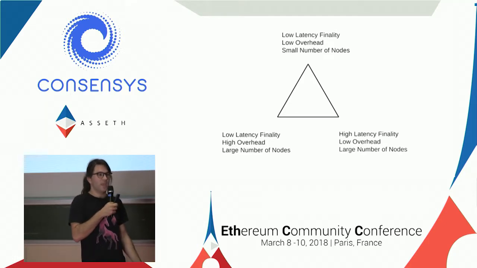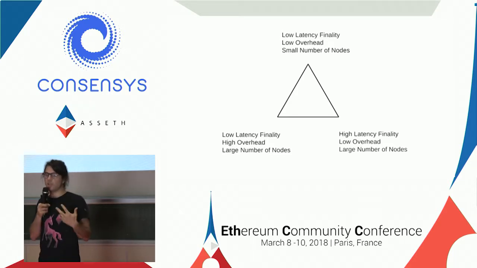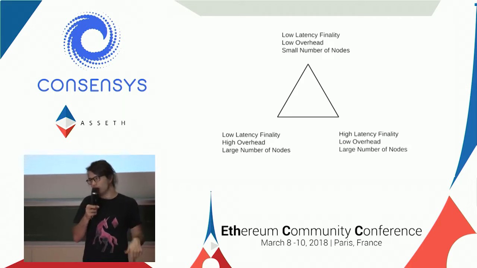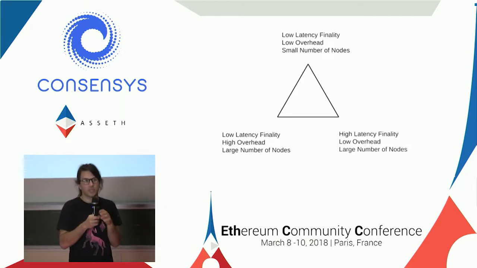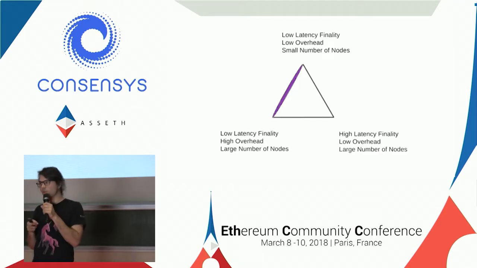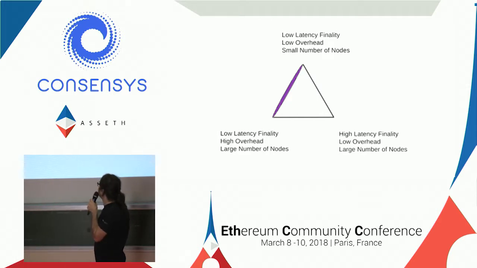I think it's really kind of unfortunate because we want all of these things, right? We want super low overhead, a super large number of validators, and super low latency finality, but it's not going to happen. Traditional consensus protocols all explore the trade-off over here on one side of the triangle, where they